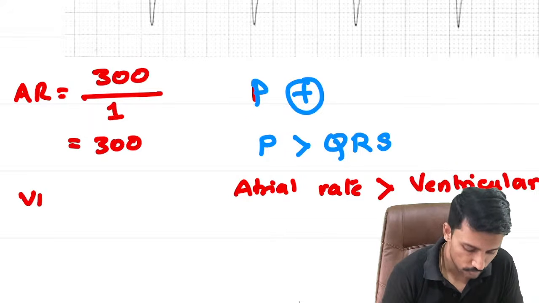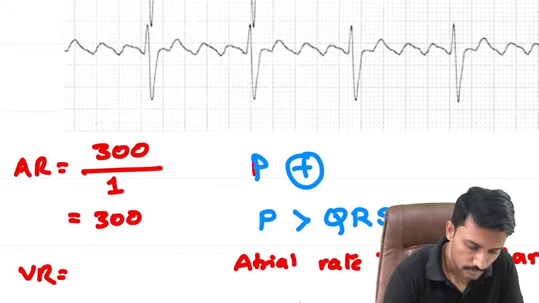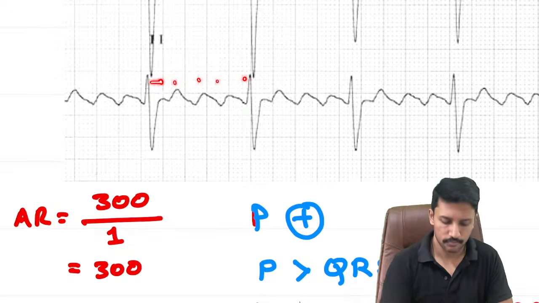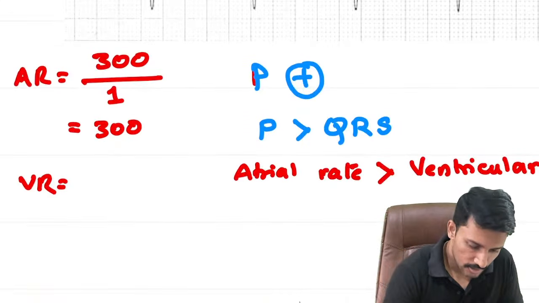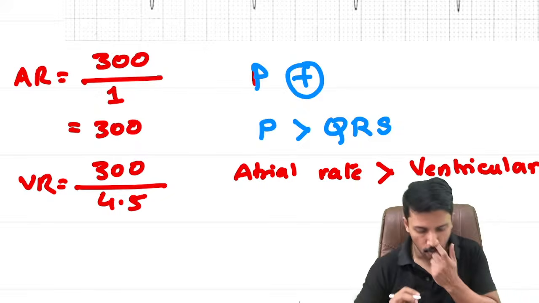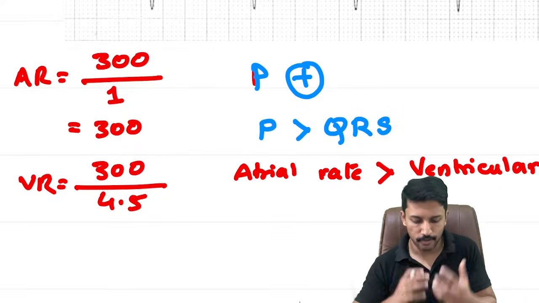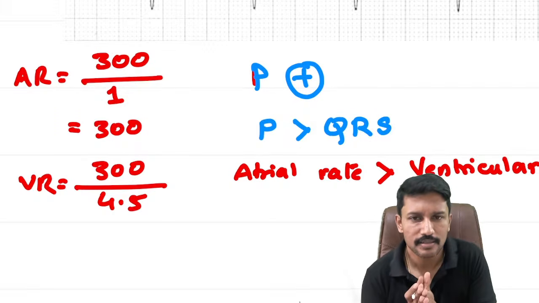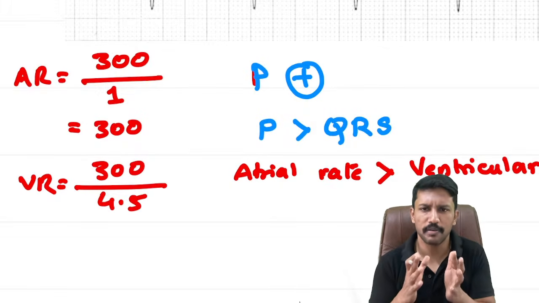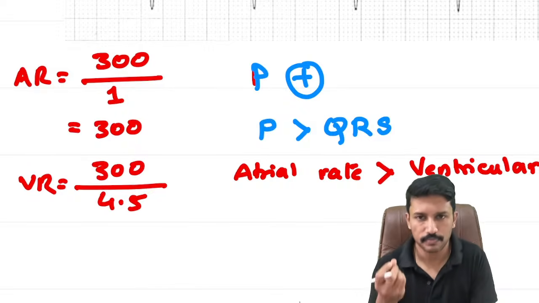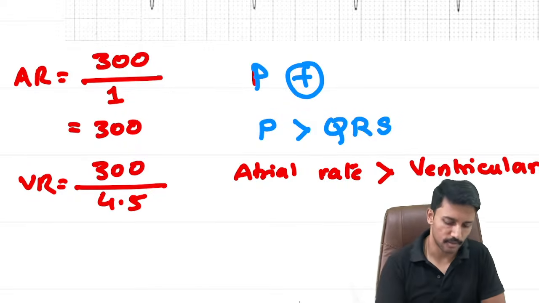And what is the ventricular rate? Ventricular rate is 1, 2, 3, 4, 4.5, right? So 300 divided by 4.5. I don't know how much it comes. If 300 divided by 5 is the number I'm looking at, it gives me 60. It is a little more than 60, somewhere between 50 and 60. Just give me a rough number when you calculate using the calculator, so that I can document here what is